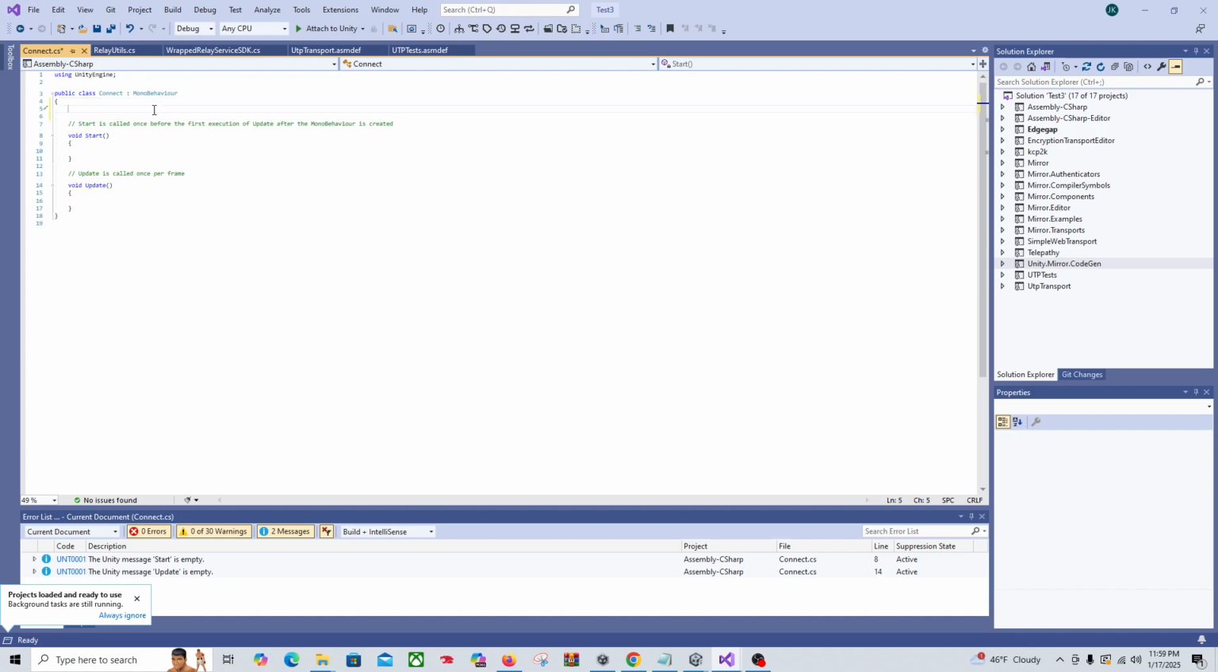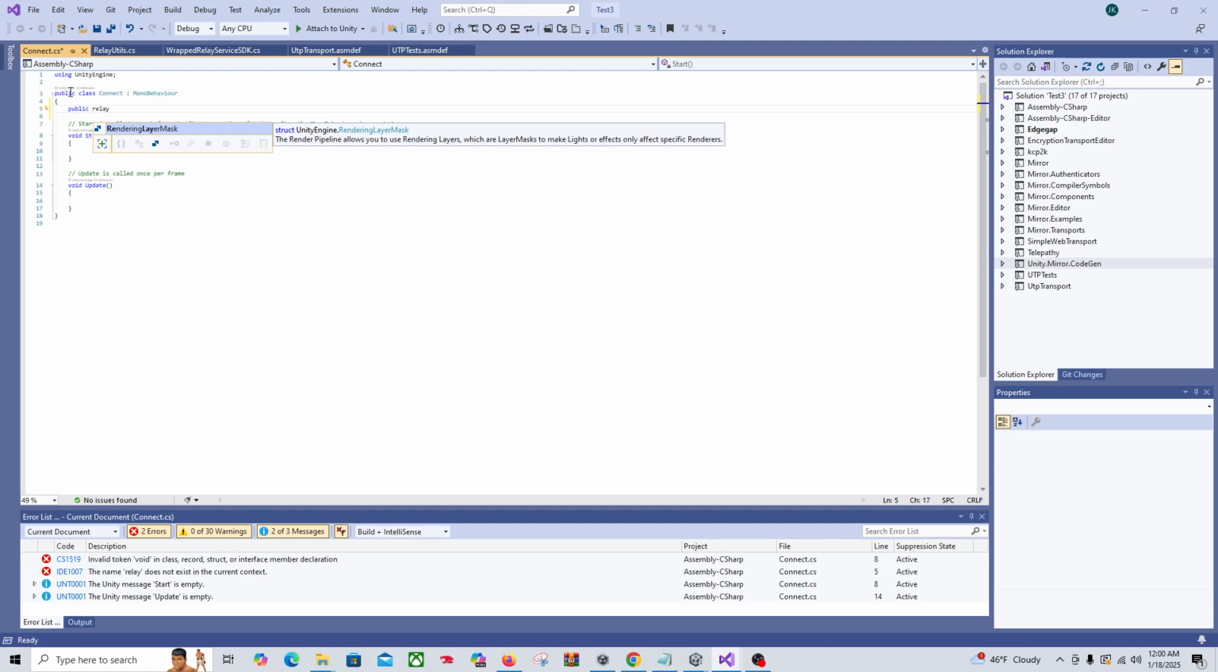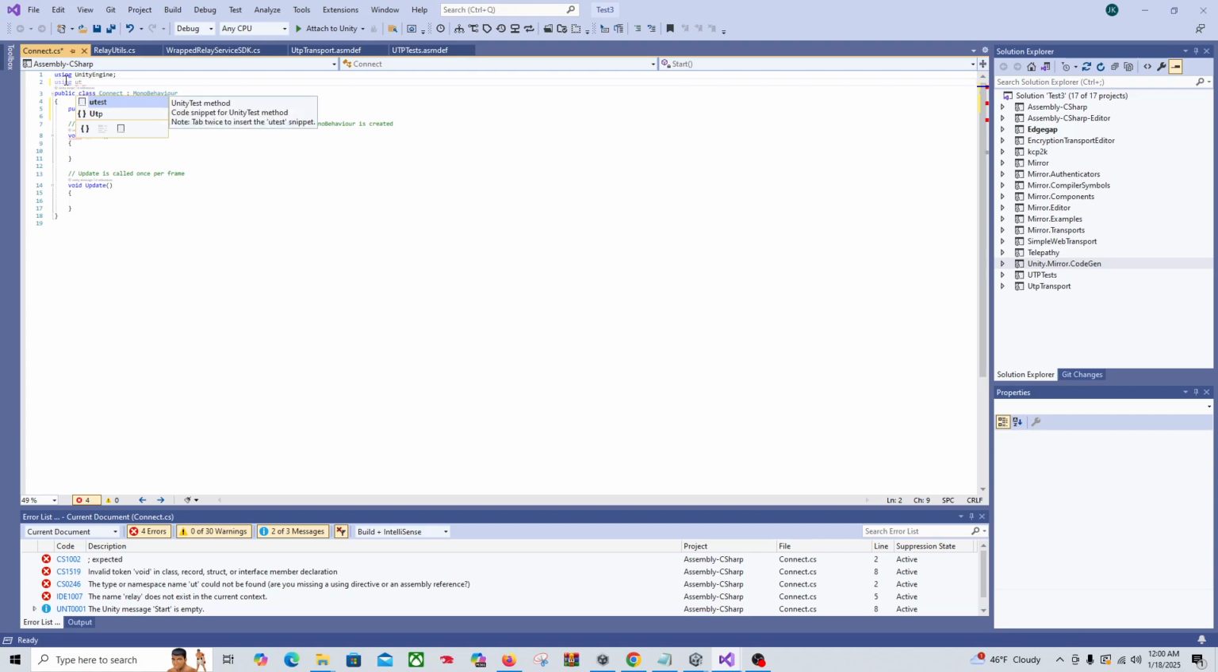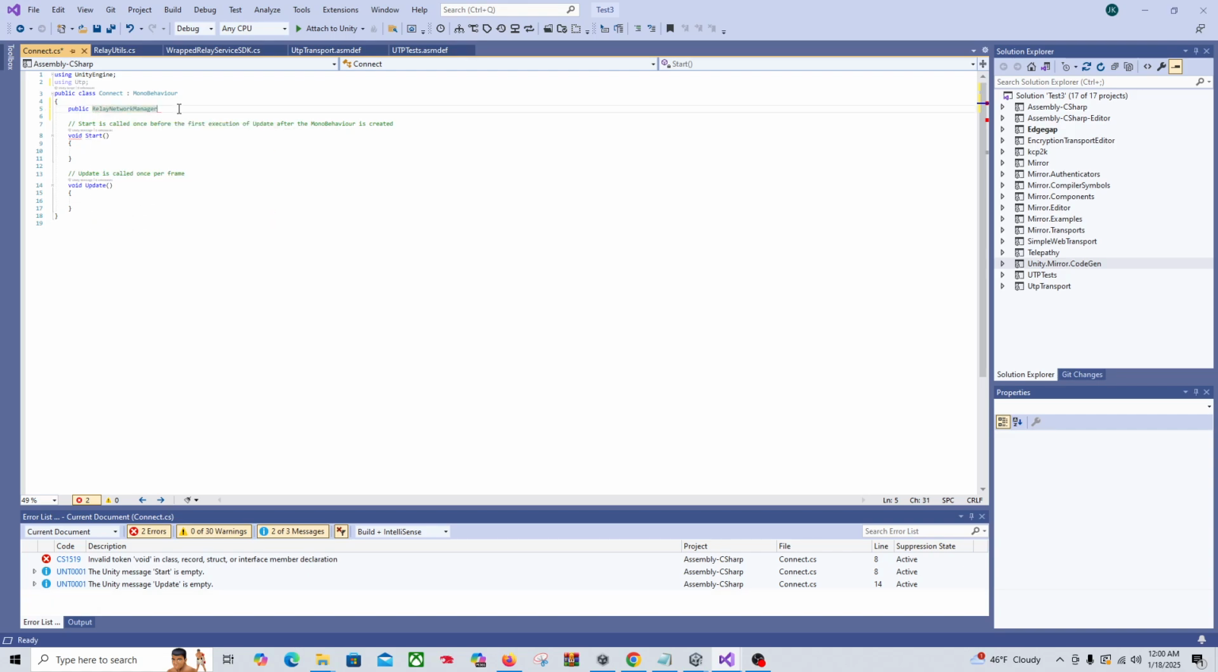So we need a reference to our network manager. So we'll just say public. You could do this with the singleton, but I don't feel like it. So I'll just say public relay. Actually, we need to say using UTP. It gets kind of confusing with Mirror because you can actually just use network manager as well. I just like to use what they actually are. So relay network manager,